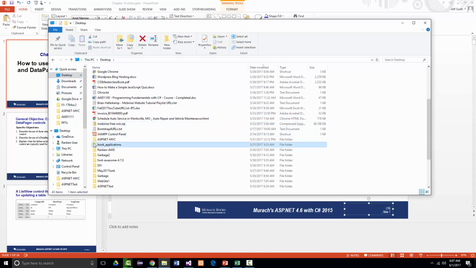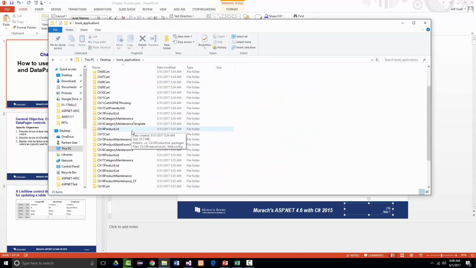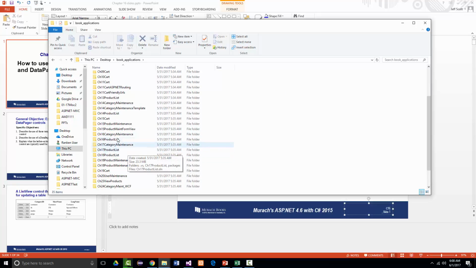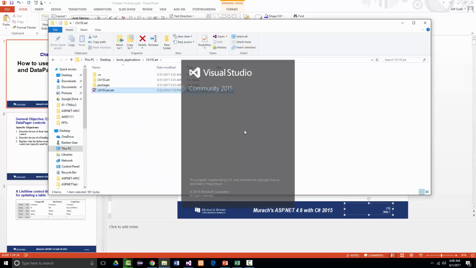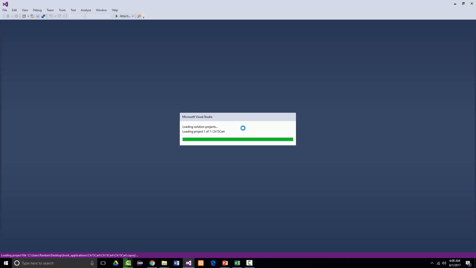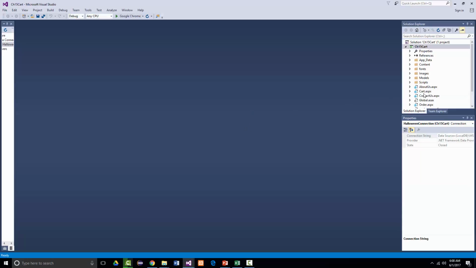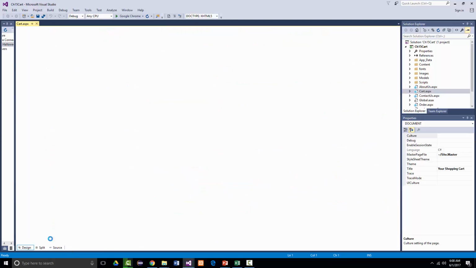And let's bring up our book applications again. You've got access to all this stuff. All right, this will be our shopping cart. So this should hopefully bring back memories for you, because this is what we covered in an earlier chapter. So if we bring up our cart page, and we look at our cart page in design mode,